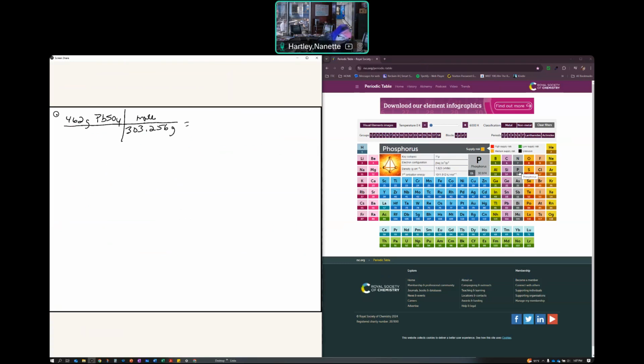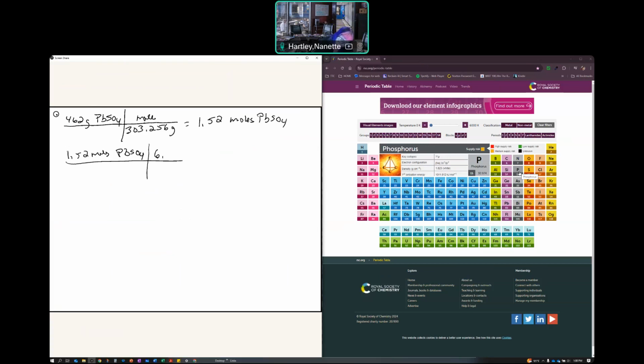And if I do that math, 462 divided by the number that I calculated, 303.256, that ends up giving me 1.52 moles of PbSO4. I can take that 1.52 moles of PbSO4, and of course, on my calculator, I'll keep the whole thing that I calculated,